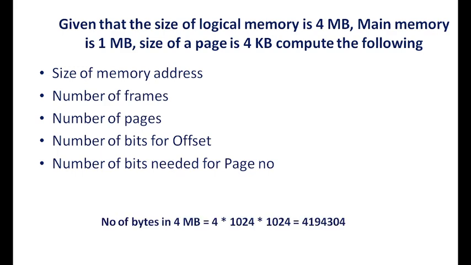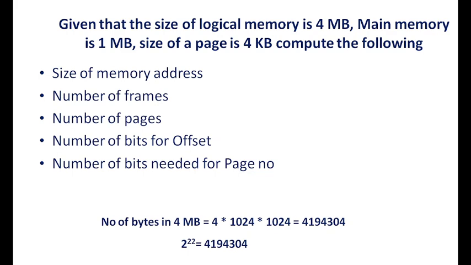For that we can just multiply 4 by 1024 so that we will know the number of kilobytes, and again if you multiply by 1024 you can get the number of bytes. The total number of bytes present in 4 MB is 41,94,304. Now we have to decide how many bits are minimum needed for providing a unique address to each of these bytes. By calculation, we need a minimum of 22 bits, because 2 power 22 is equivalent to the value of